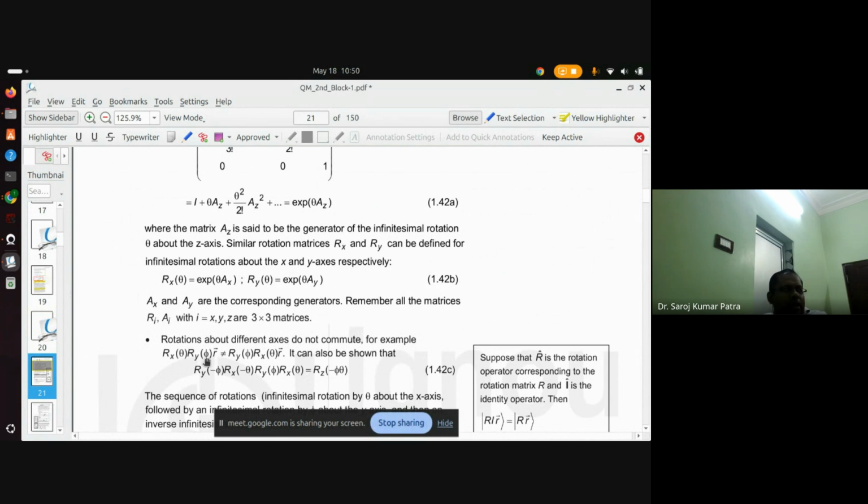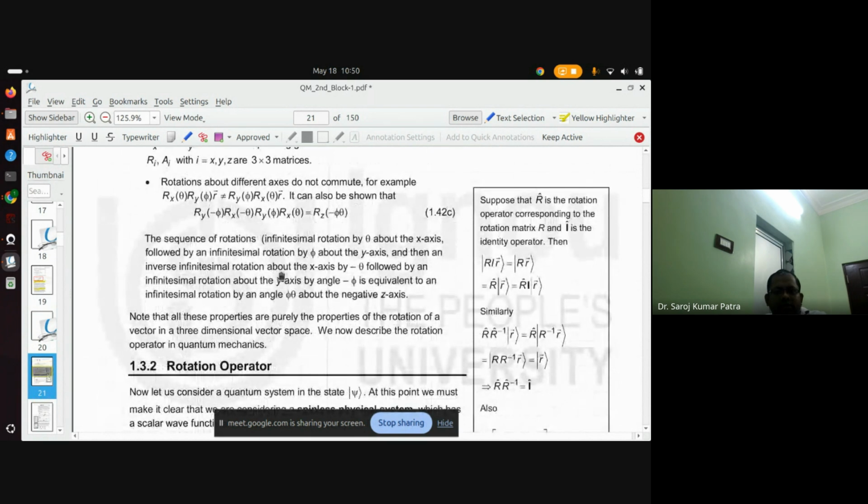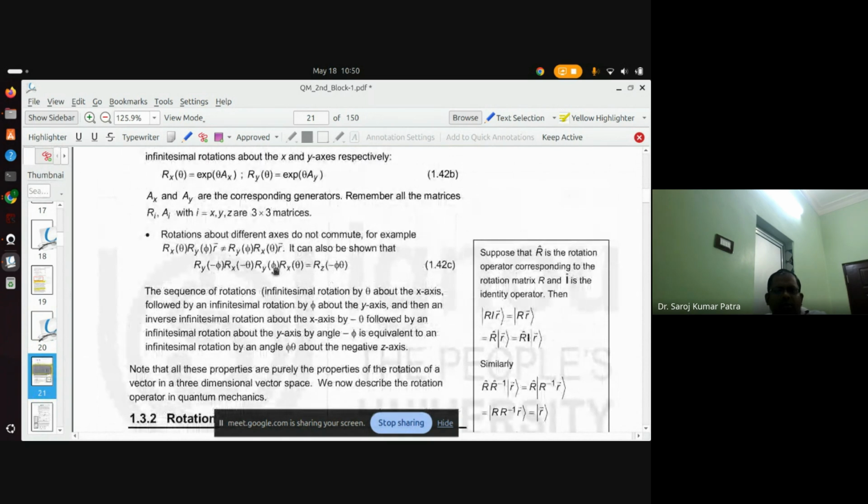Ry(φ) को लिखना है, फिर उन दोनों को, ये 3x3 मैट्रिक्स होगा, ये 3x3 मैट्रिक्स होगा, इन दोनों को मल्टीप्लाई करना है. यू कैन वेरीफाई कि इन दोनों को मल्टीप्लाई करेंगे और इन दोनों को मल्टीप्लाई करेंगे तो वो सेम नहीं है, इट विल नॉट बी सेम. ओके, so that's why they do not commute with each other. मतलब वो सेम चीज नहीं है,